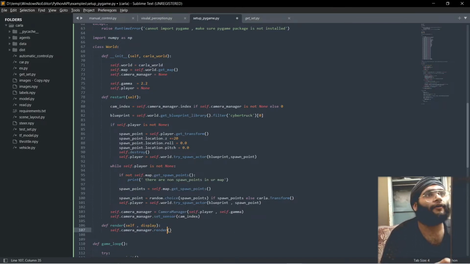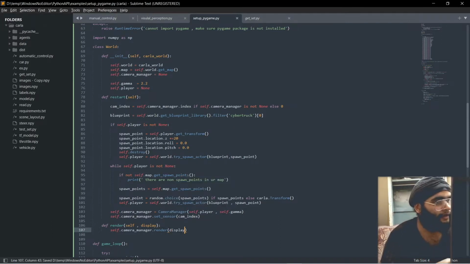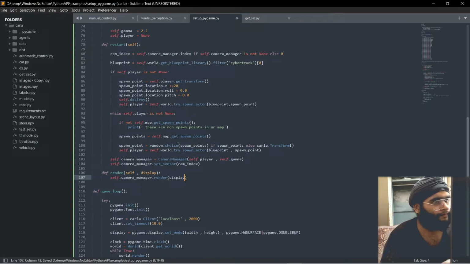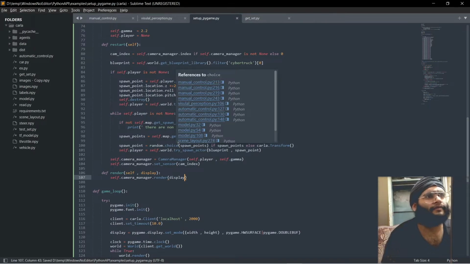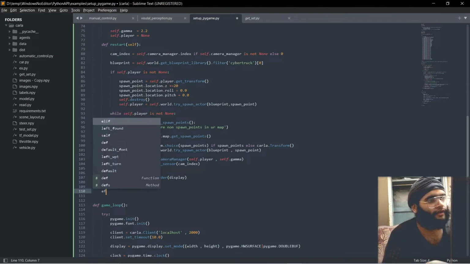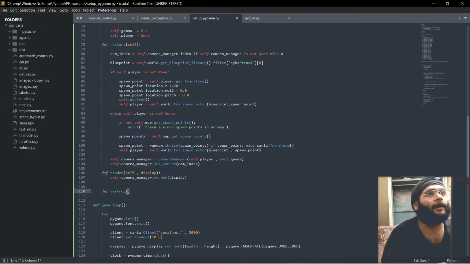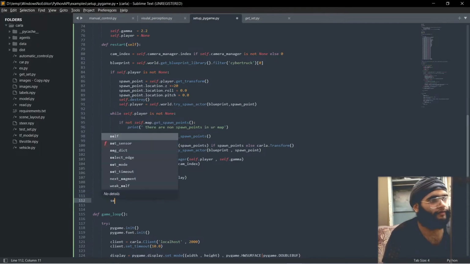Render, and pass the display here that we created earlier. Right now let's just create the function def destroy, pass self here, and have